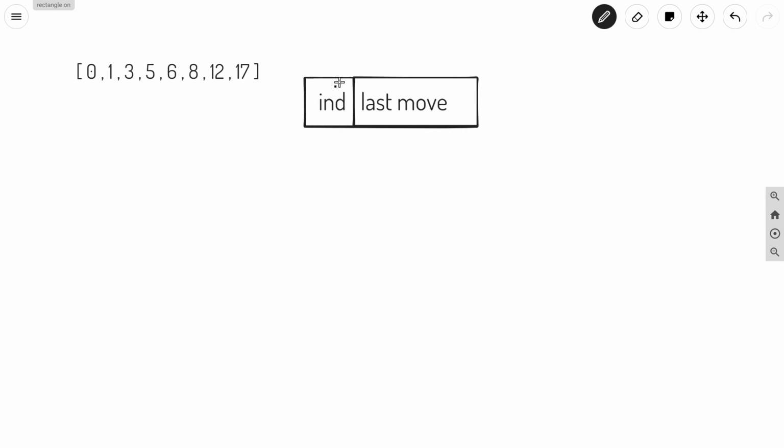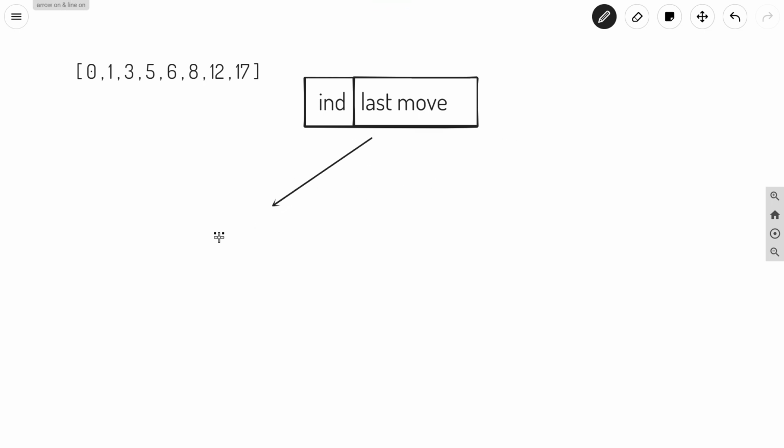And for each iteration we have the index of the current position. So if it is on a particular stone, we have two things with us. We know the value of the position of that stone, and we know the last move. So for a particular position we have the last move, and from here we have three different types of moves.